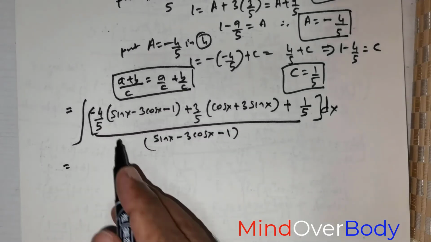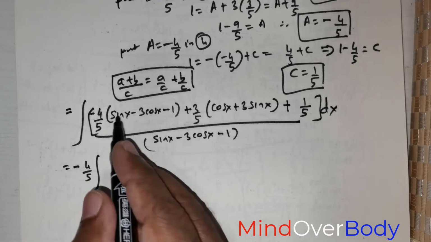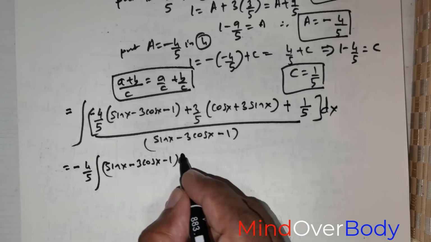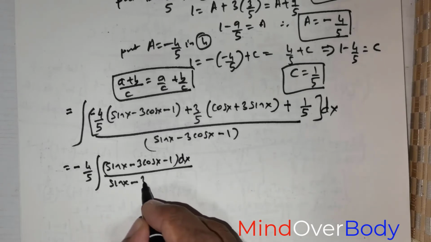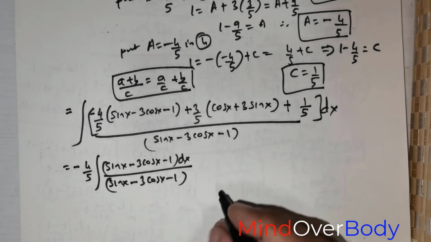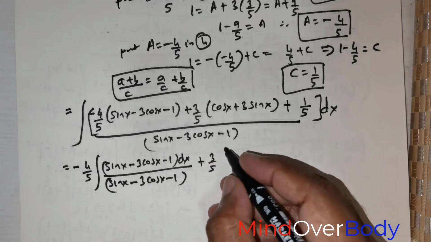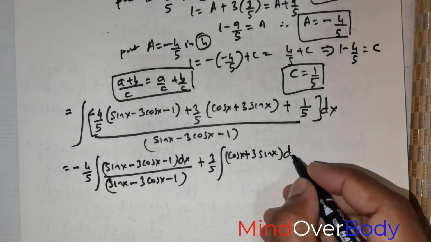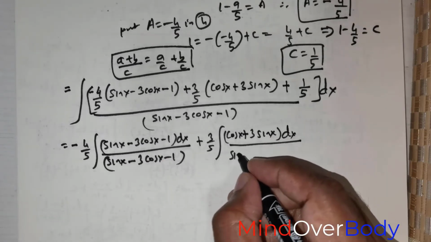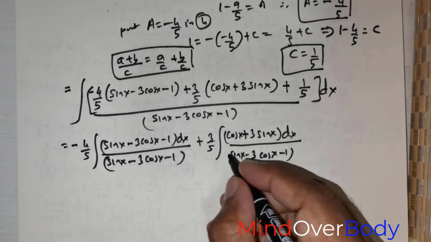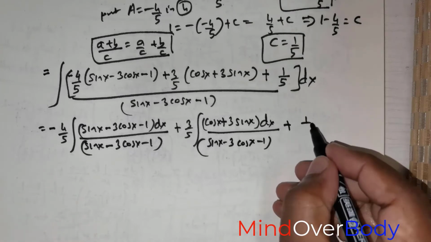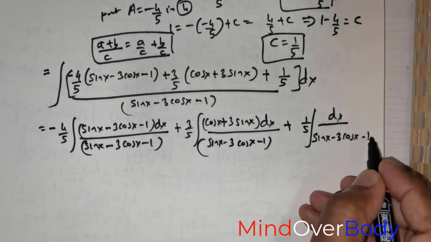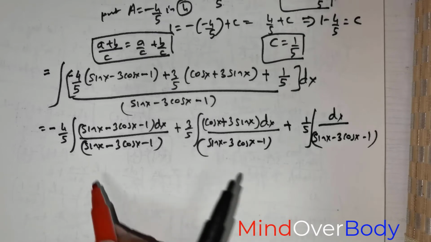So with that I can rewrite these terms as negative 4 over 5 integral of this quantity over the denominator, sin x negative 3 times cos x negative 1, times dx, divided by sin x negative 3 times cos x negative 1, positive 3 over 5 times integral of cos x positive 3 times sin x times dx divided by sin x negative 3 times cos x negative 1, positive 1 over 5 times integral dx over sin x negative 3 times cos x negative 1. So now clearly we can cancel the terms here,